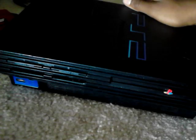So, just fit these screws back in. Place the cover back on. Like fit the disk drive, the forward one, in first. Just fit it on like that. I'm going to end the video now because I can